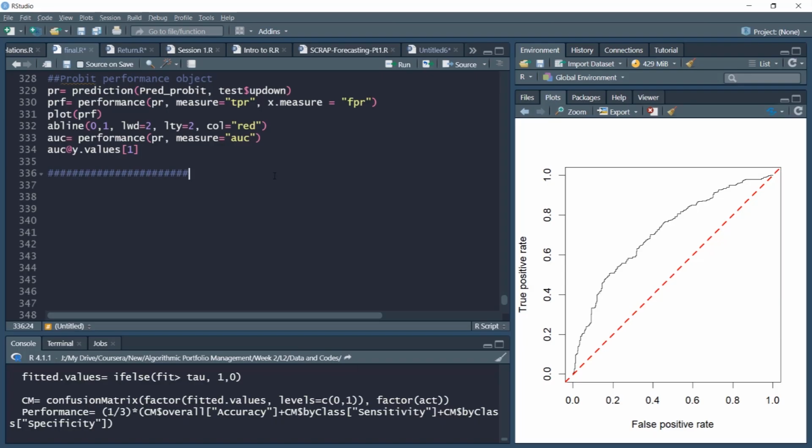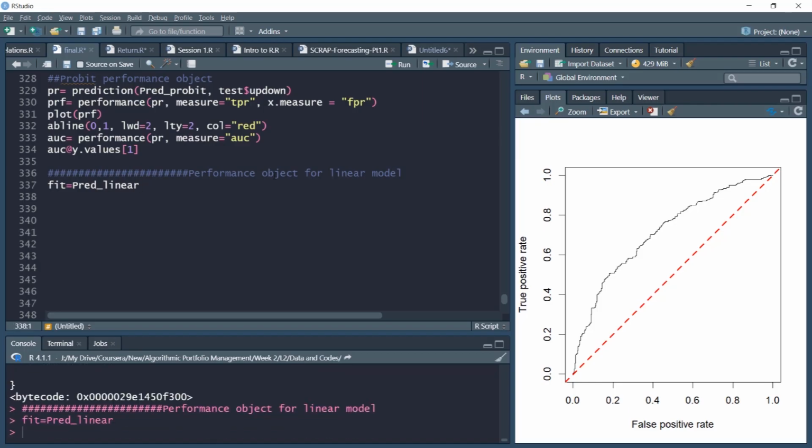So we'll start with the performance object for the linear model. This is quite simple. We have already seen that with the training data, so we'll not repeat the discussion in great detail. We'll simply execute it. So these are our predicted values using the test data and trained algorithm.